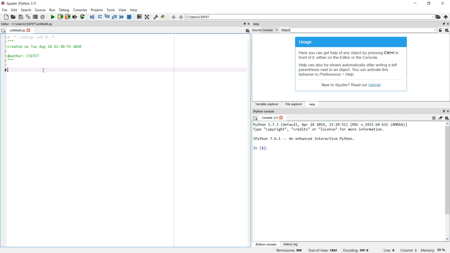But finally, when I have to make a software, when I have to save the file, I will use the standard mode and I will save the file in the standard mode, because in the standard mode you are writing as if you are writing in a notepad. It is basically the editor of Python. When you run the program which you have written in the standard mode, the program goes to the IDE, it comes to the interactive mode and the output is given in the console of the interactive mode. So this is how the screen of Spyder looks. The right hand side is the interactive mode and the left hand side is the standard mode.